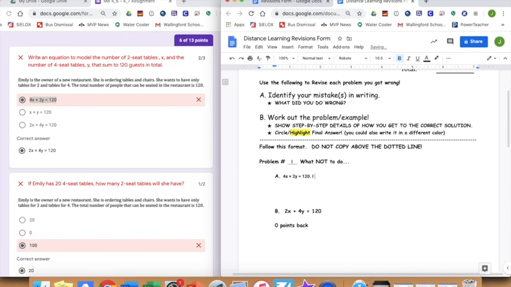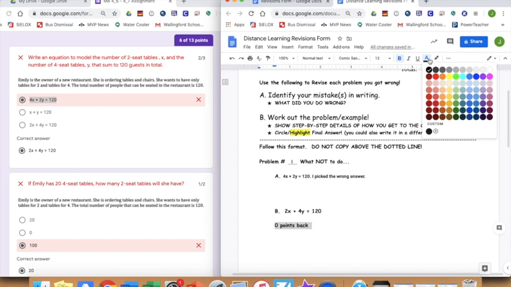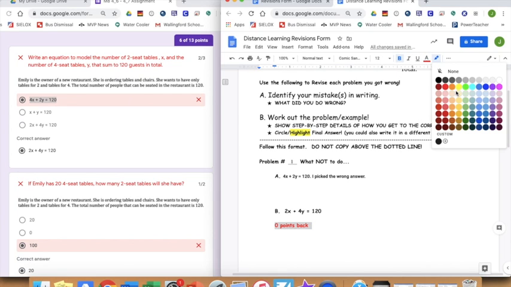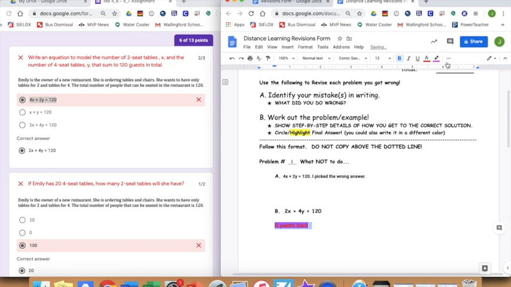Even if I say I picked the wrong answer, well, yes, that was wrong, but that wasn't what was wrong about your thinking. So this is still 0 points back. And I'm going to put that in bold and put it in red because it's scary. Maybe I'll even highlight it in pink because that's ironic. So